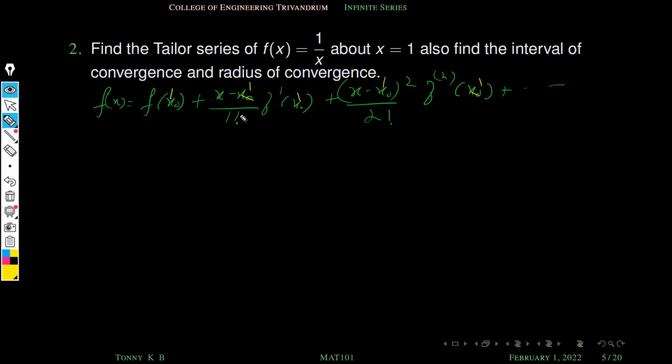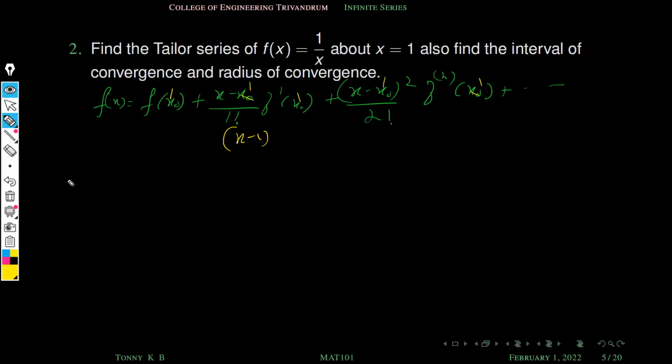So the interesting thing is, if a Taylor series about x naught contains terms of the form x minus x naught and its powers. So in this case, our Taylor series contains terms x minus 1 and its powers. Clear? So we are going to use a special technique. We are going to expand this 1 by x about 1 using a non-Maclaurin series, using the fact that the Taylor series of this function contains x minus 1 and its powers. So